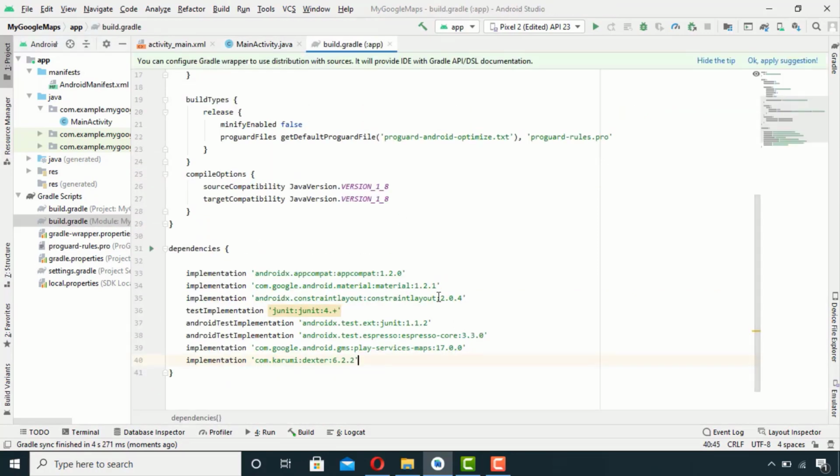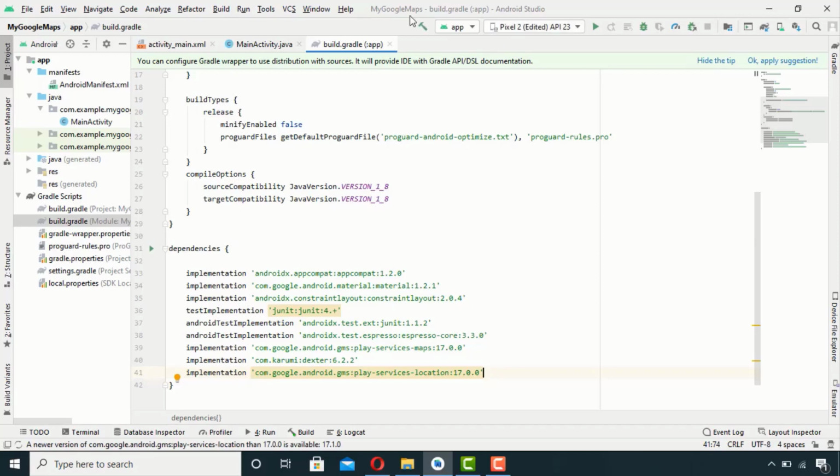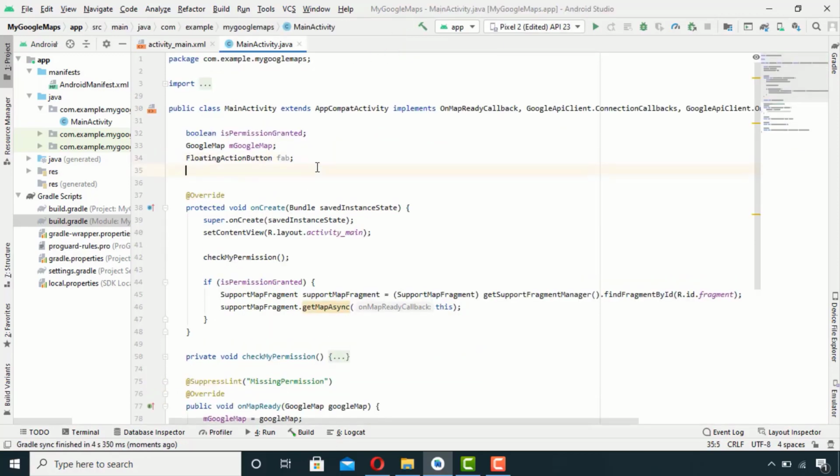One more thing, we also need to add this dependency in the build.gradle file and then sync the project. I will provide the link of this dependency down in the description box.